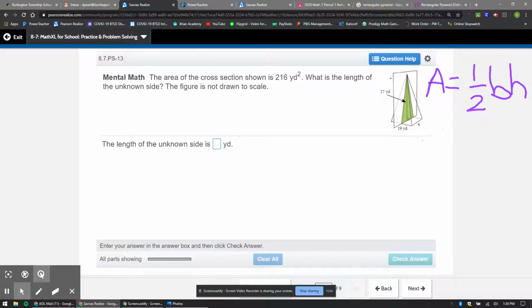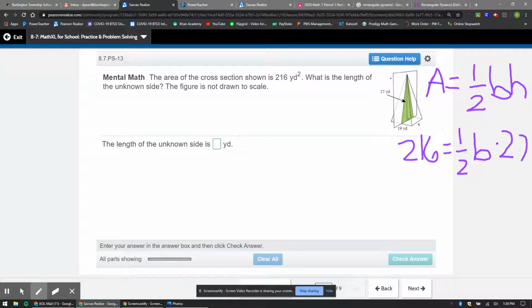They gave us the area, so let's plug that in. The half part never changes. We're still missing the base. And then the height is 27. The first thing I want to do is simplify. So 216 stays the same. And now I'm going to do 1/2 times 27, and you get